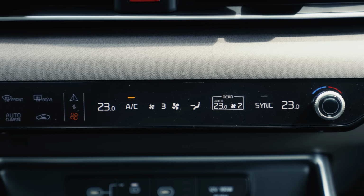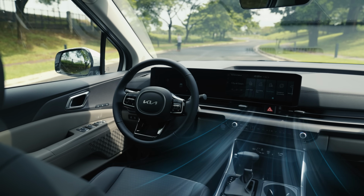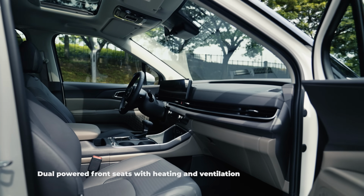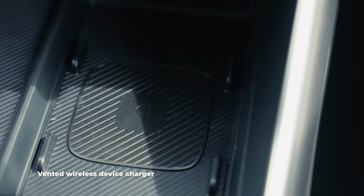The new Kia Carnival has a 3-zone climate control, and this enables a level of customization that's probably not common in this segment. So if you have passengers who are more sensitive to the heat or the cold, you can come up with a cabin temperature that's hospitable or comfortable for everyone. Dual front power seats are there, and it's got both heating and ventilation. The SX variant gets the additional convenience of a wireless charger that's vented, so that it prevents any overheating of